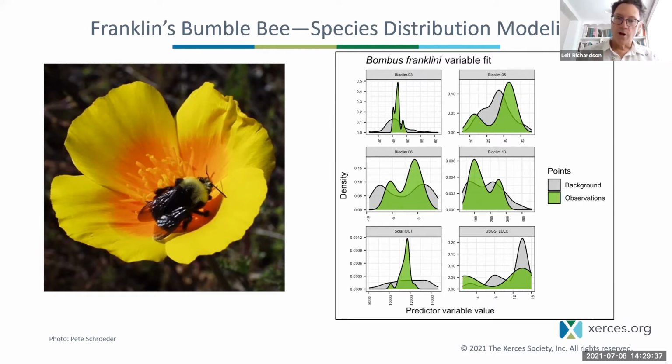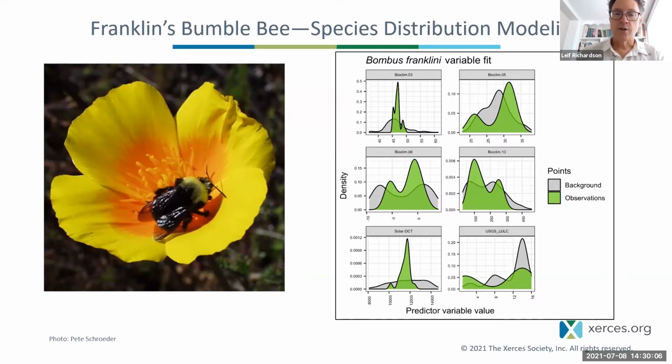The one called solar oct is about incidental solar radiation. And we have models of this for each month of the year. And I introduced, I think, 4 of those at each quarter of the year into this model. And it turned out that in the fall, the amount of sun that reaches the ground is important to predicting where this bee occurs. And then finally, this is a land use, land cover model, the USGS, bottom right-hand corner